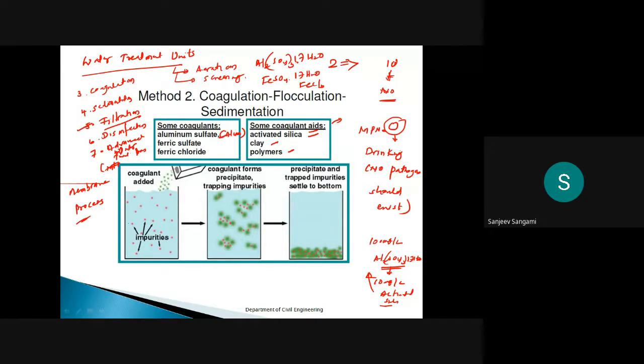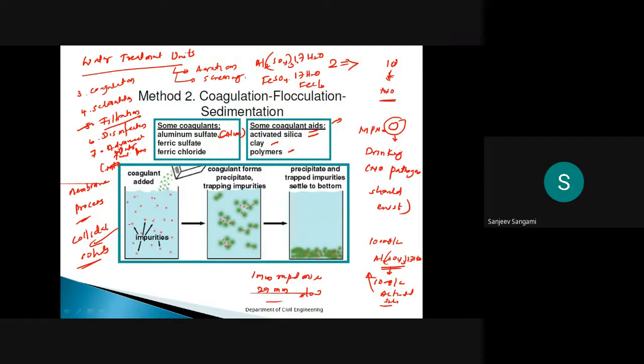This is the water containing the colloidal solids. I already said that we are going to remove the colloidal solids. First we add the water. You can see that these are the colloidal solids. Remember, whichever dotted points you are observing are all colloidal solids. Once you add the coagulants and start mixing, I said 1 minute rapid mixing and 29 minutes slow mixing.